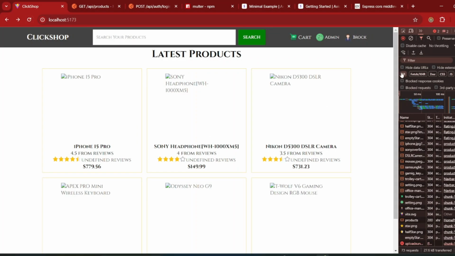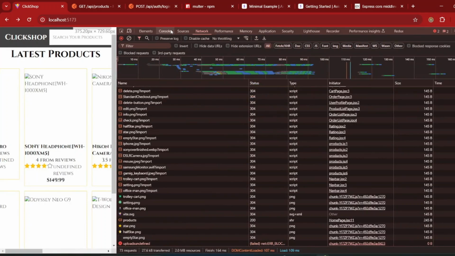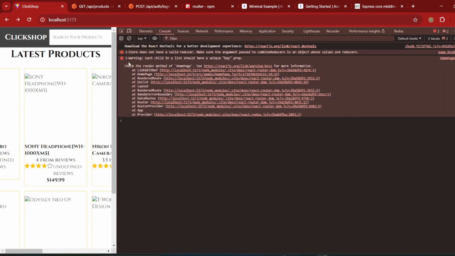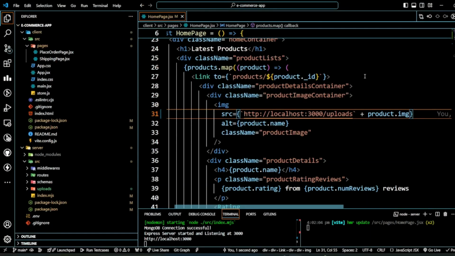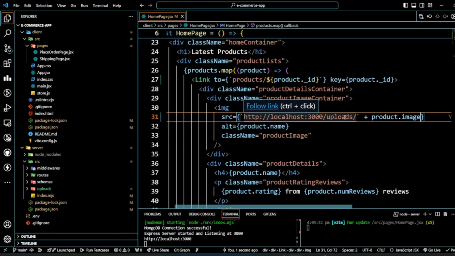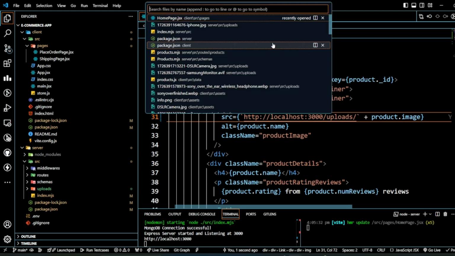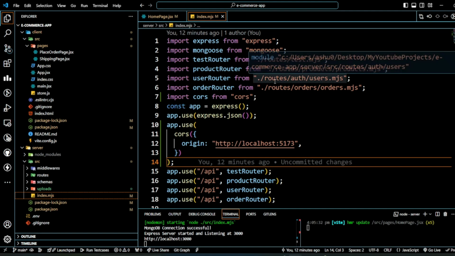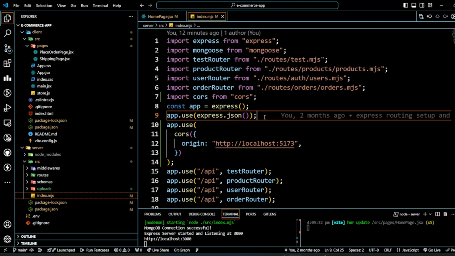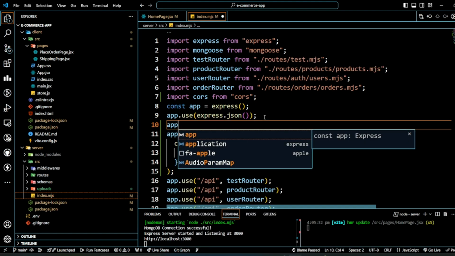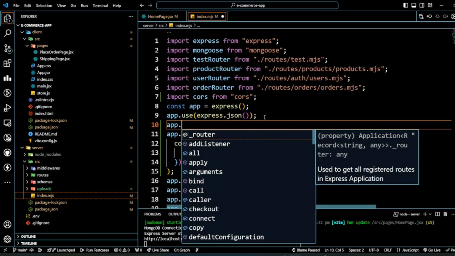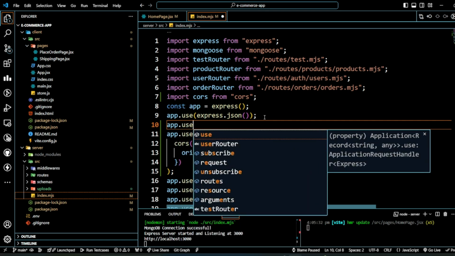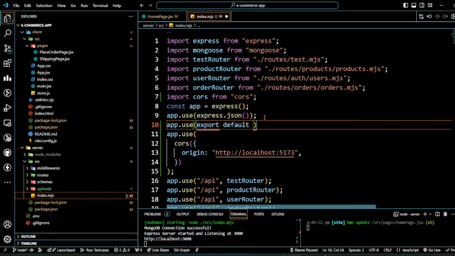Okay, still not coming. Let's see, these are warnings only, but images are not coming. It should have come now. So we are getting undefined basically because, let's go to index, I will show you that we haven't used the static files here. So we need to provide this information that we are going to use the static files, express